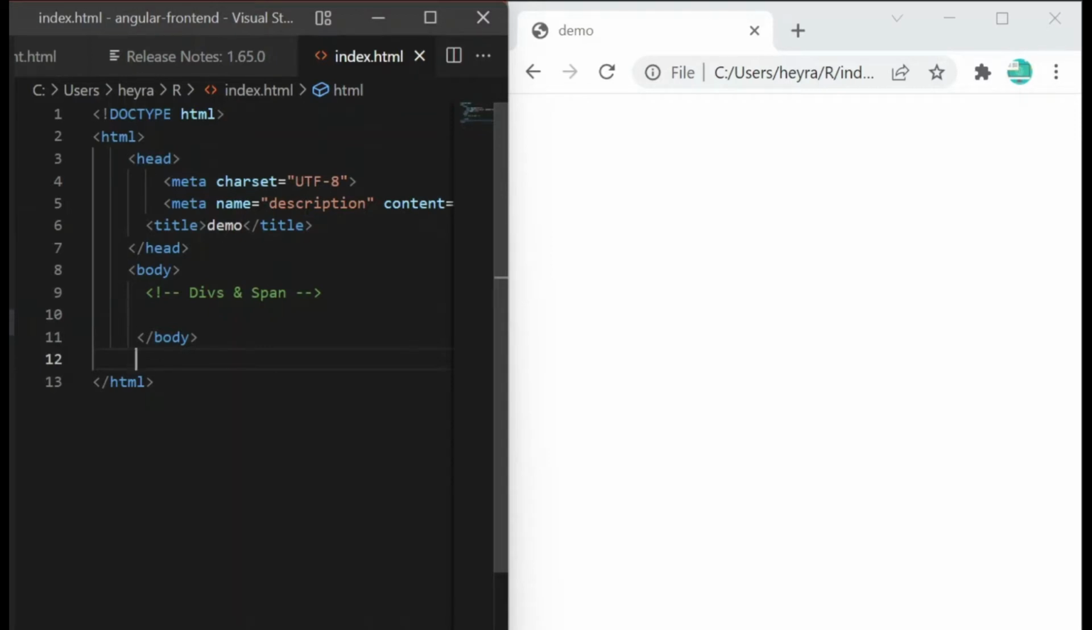HTML basically provides a lot of display types, and the two most common display types are inline and block. An inline element is an HTML element which will take up as much width as it needs, and block elements will take the full width of the page. If you write two block elements, the second will always come onto a new